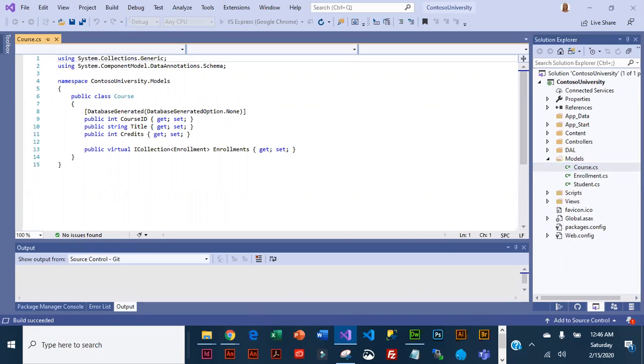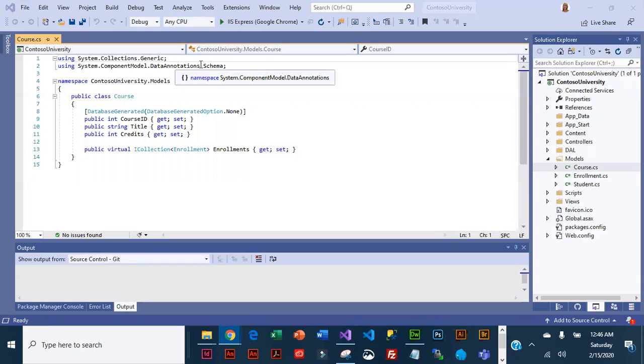And so what we're going to be doing to Course is adding both validation and schema related annotations. So there are two using statements that we need to have at the top. And I can see we already have one. We've already got the component model.DataAnnotations. And the second one is System.ComponentModel.DataAnnotations.Schema, which is just a variation of the first. So I'm going to copy,